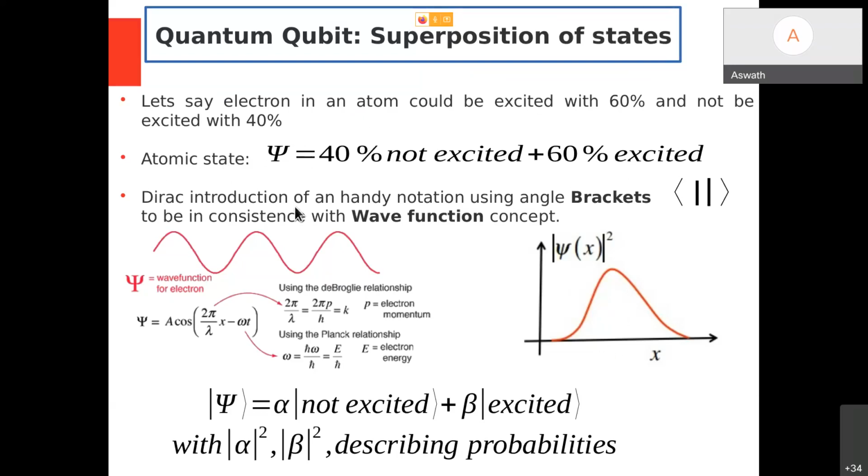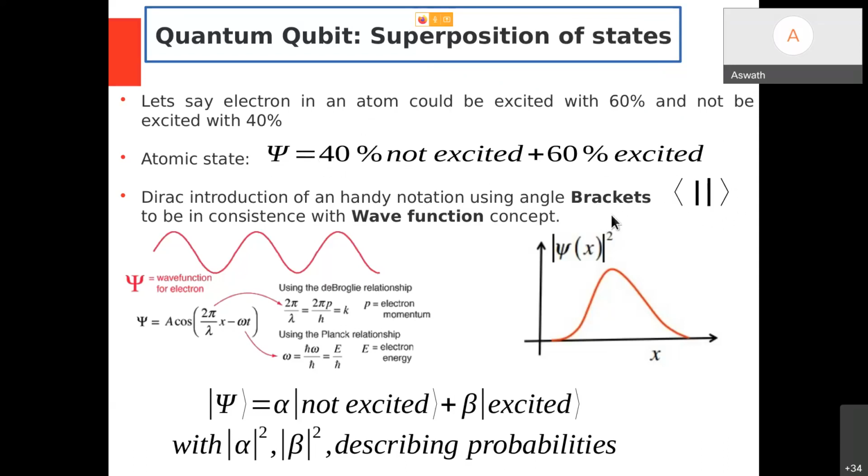What is the Dirac notation? Let me tell you. Use the angle brackets, left angle and right angle, with vertical lines in between, right? The right vertical line and right angle, he called a ket. On the left-hand side, the left angle and the vertical line, he called a bra. Together it made a bracket. There is a c in between, which may correspond to some kind of operator. We will come to that later. He introduced this bracket notation to bring sense out of this equation.